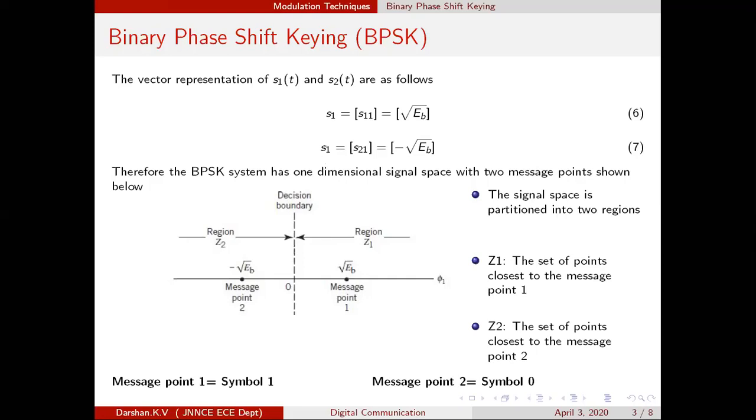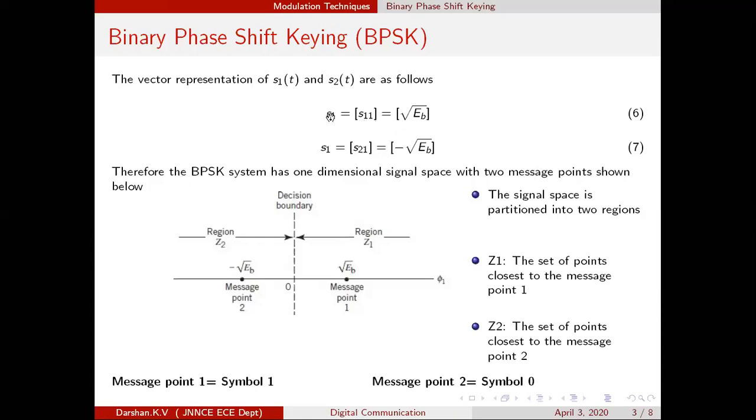So now the S1 and S2 are plotted as shown in the figure. So this is the signal space. In any space, you should write the axis. So how many axes have I written? I have written only one axis, because the number of axes should be equal to the number of basis functions. That is a rule. So the total number of axes should be equal to the total number of basis functions. Therefore I am showing one axis.